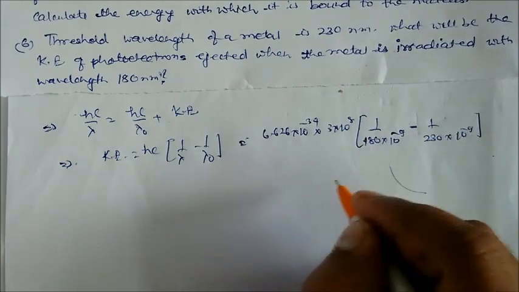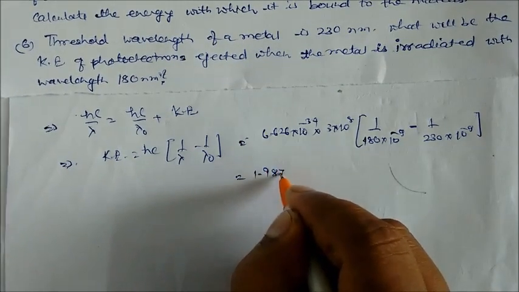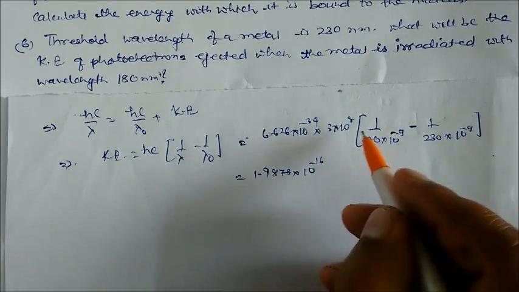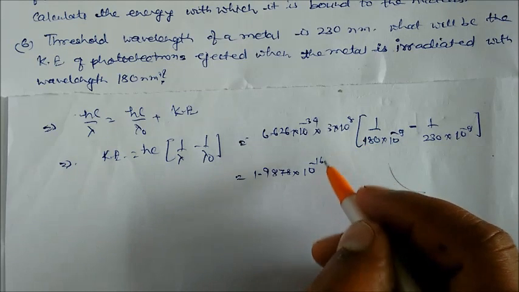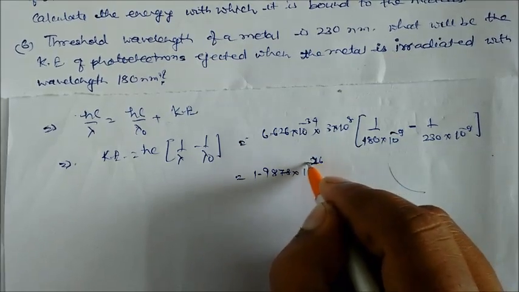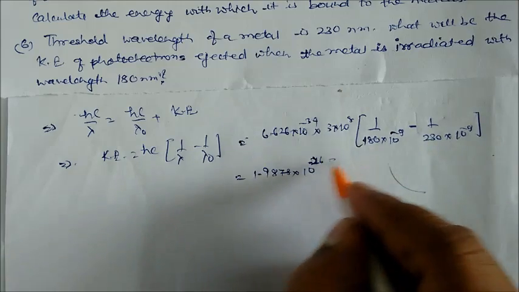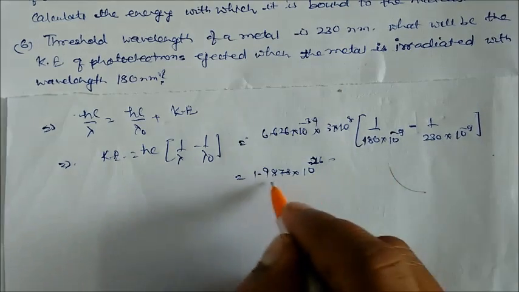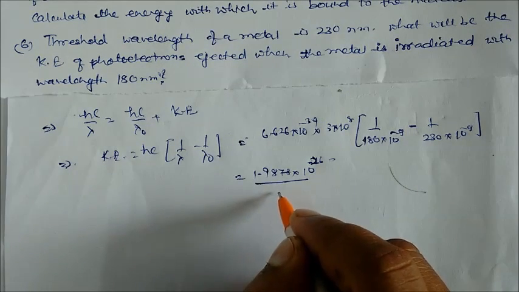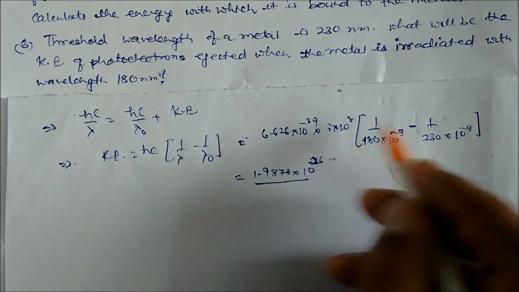So here on solving you will get 1.9878 into 10 to the power minus 16. So this is not minus 16, this will be minus 34 is there now, so it will be your 26. It will be your 26, and again if you divide it also by minus 9, that it will come. So if you take 26 and divide by 9, if you take 9 also outside, it will become this one.